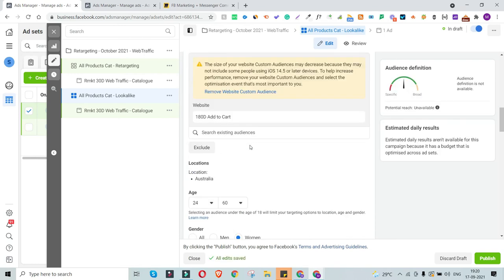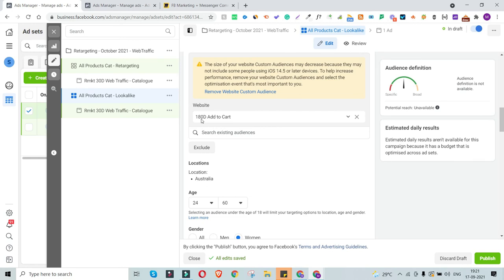So essentially what I'm doing over here is I'm providing some flexibility to the Facebook ad account. Based on its machine learning algorithm, the Facebook ad account will be able to study, profile and segment the audience based on the profiles of the people who have added the product to the cart in the last 180 days. So I'm giving this flexibility of segmentation and targeting to this Facebook ad account.